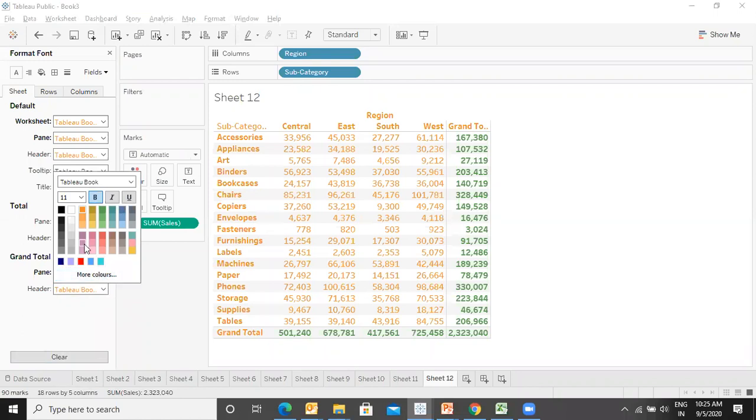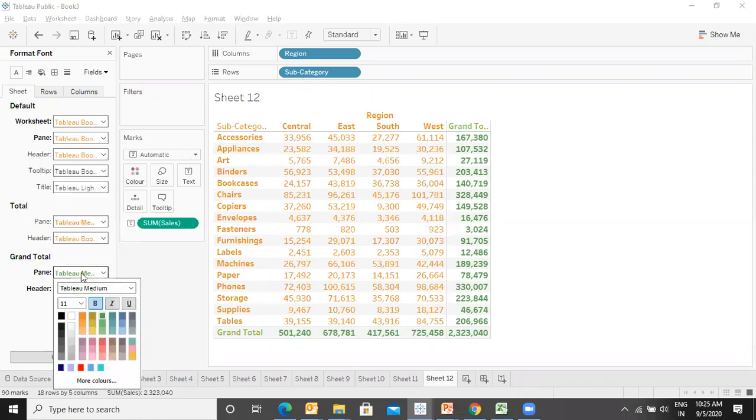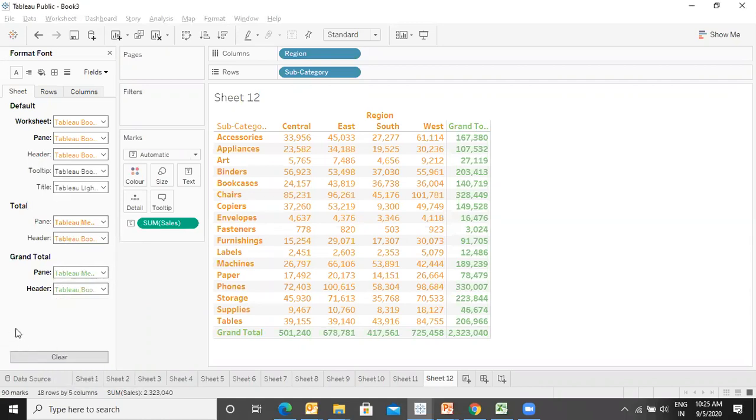Headers should also be light green. This column will also be light green, like this. So you do the formatting.